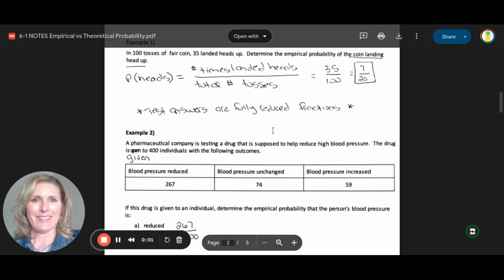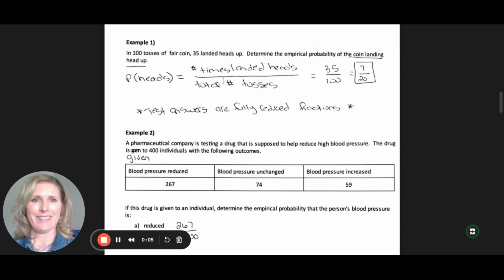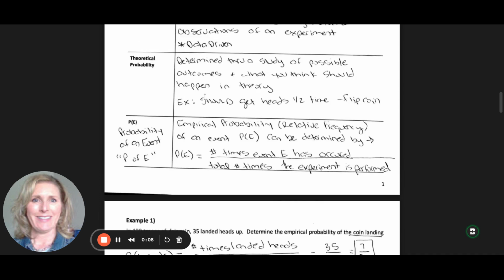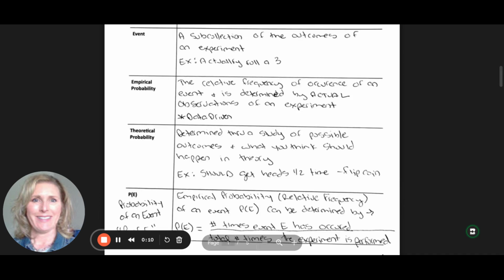Hey, QR. You can see that I don't have any technology with me, and so I'm just going to go over my completed notes. So, the first thing that I wanted to restate is that we have empirical probabilities and